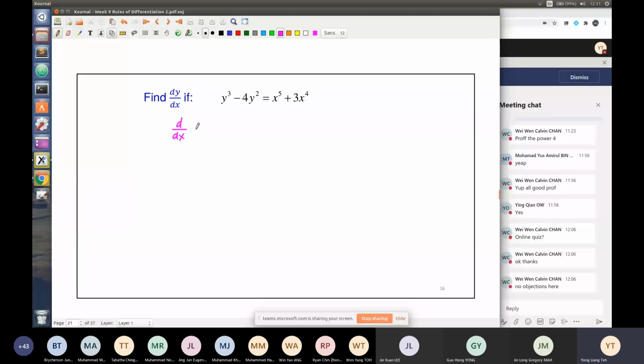So this is going to give me, you can see y cubed here, so we have 3y squared. This is a y, so throw in a y prime, minus 8y, throw in a y prime, equals to x to the power of 5, which is a function of x. So we get 5x to the power of 4, plus, bring down the 4, you get 12x to the power of 3. Once you have that, isolate your y prime. So clearly,